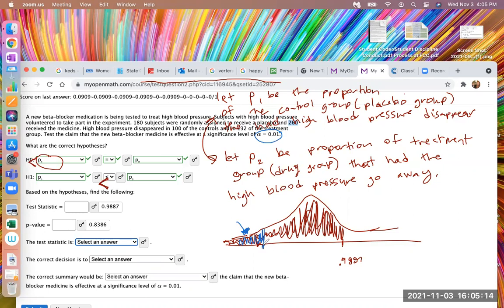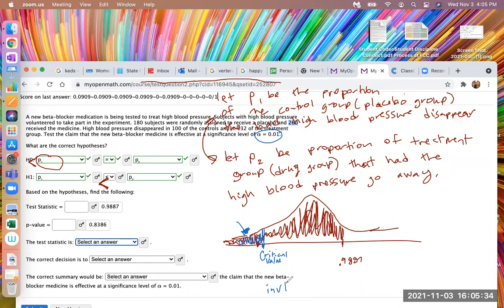So this is our critical value. And to find that critical value, you could just do